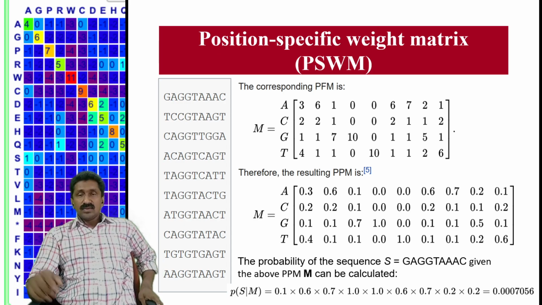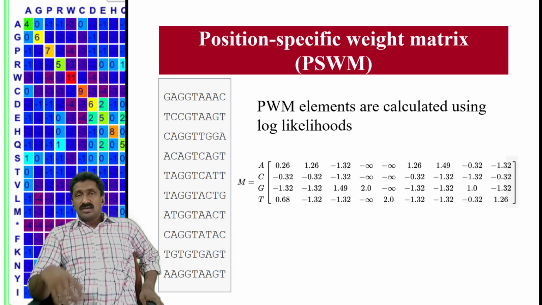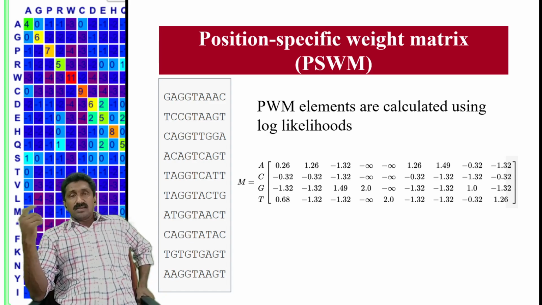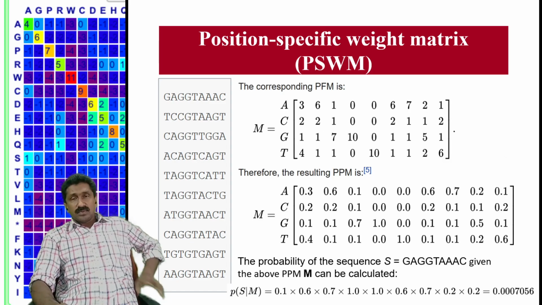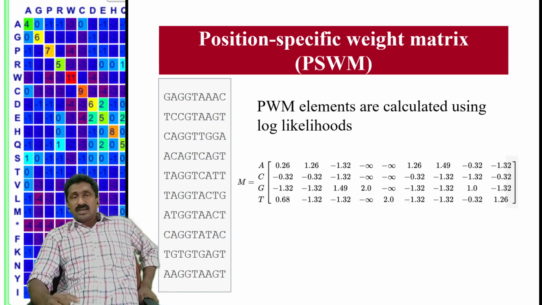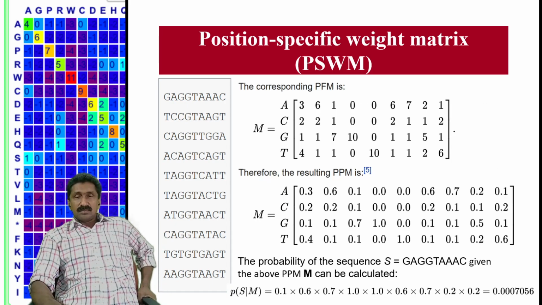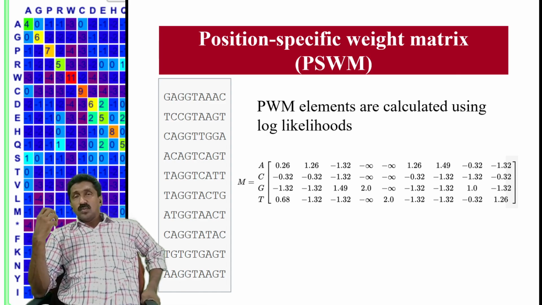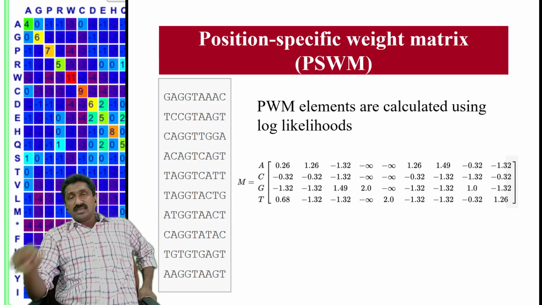Now there are equations for that, based on which the log likelihood, which is a statistical value, can be calculated from the position probability matrix. The log likelihood values were generated using the previously shown equation. The formula is shown here, and that value is calculated. And this is the actual position specific weight matrix. For example, say there is a high probability of T to occur at that point, whereas the other two are less.